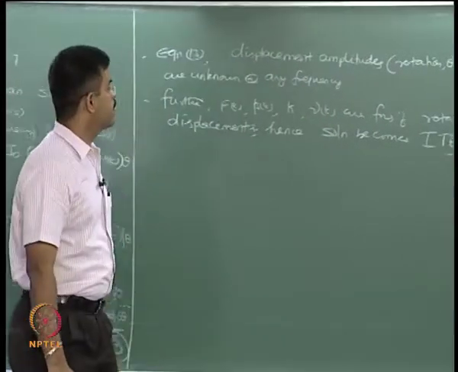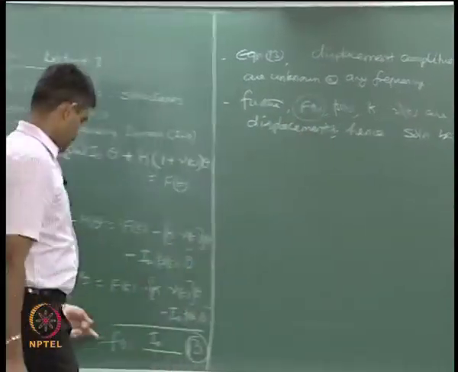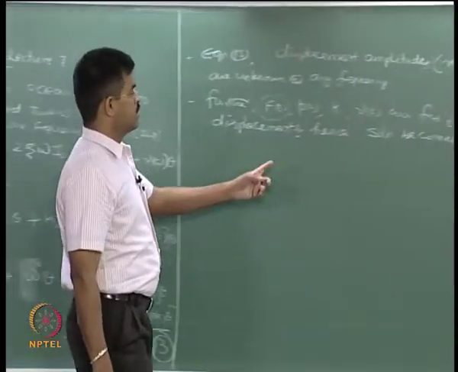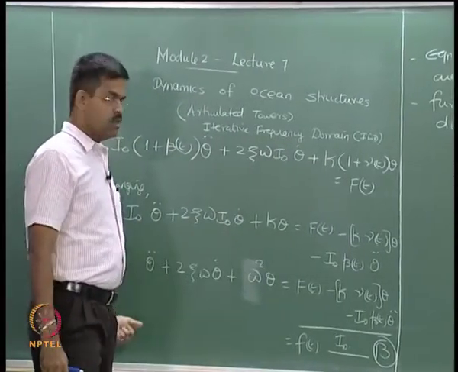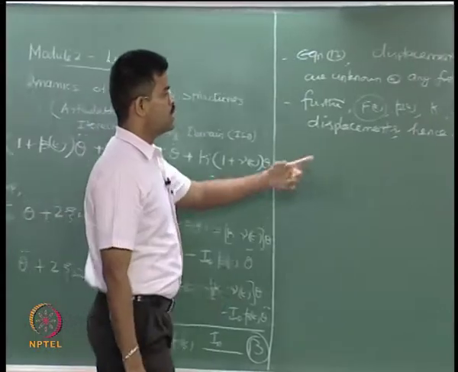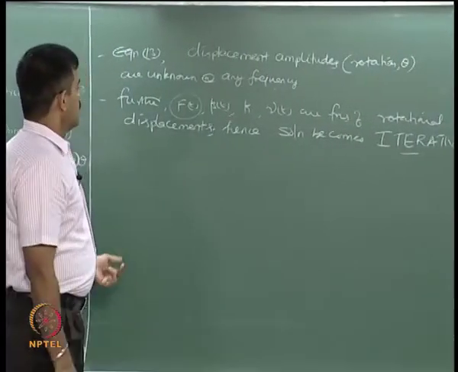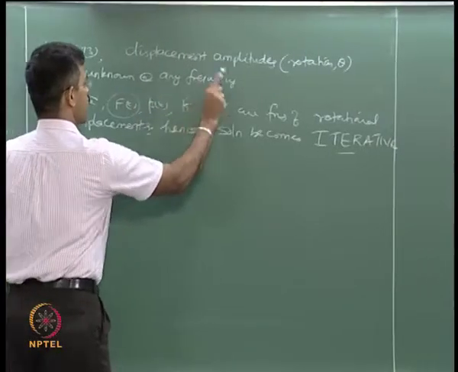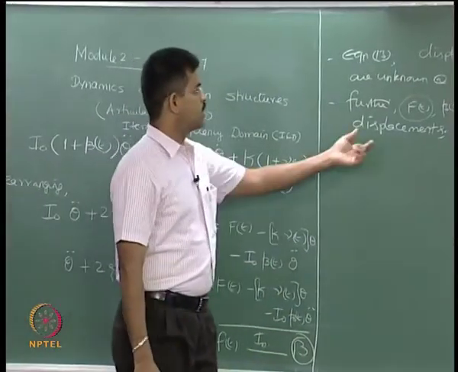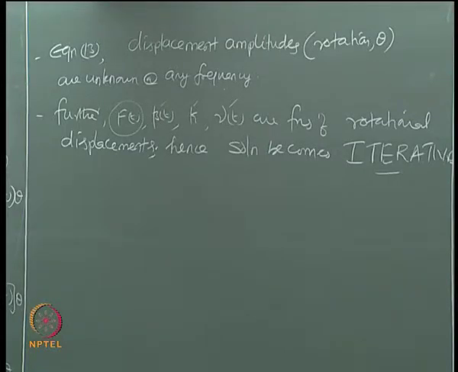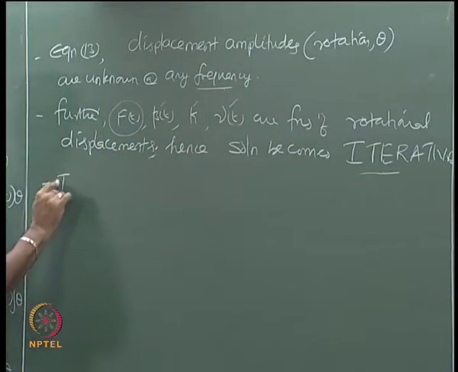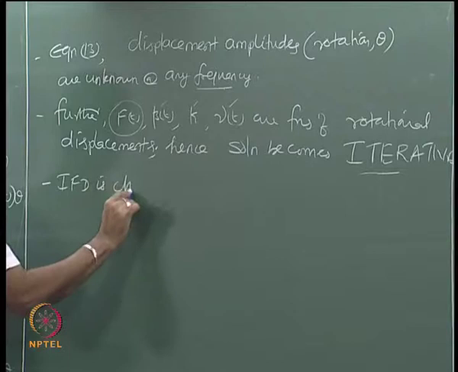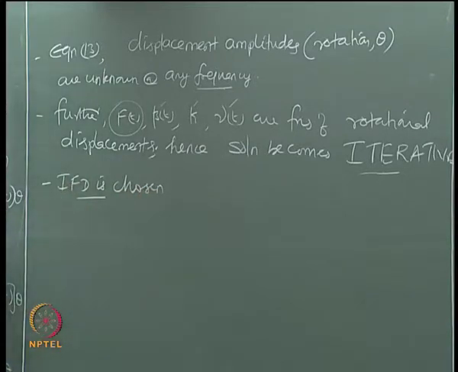Why iterative? Because the right hand side of this equation of motion, f of t, is a function of the left hand side of this equation of motion, which is displacement. So, you do not know it actually, because as long as you do not know the displacement, you will not be able to solve this equation of motion. So, we have to assume certain value and keep on iterating. In addition, all these functions, as shown in the last class, are functions of displacements which are non-linear as well. Therefore, we follow iterative frequency domain. That is the reason why we follow this procedure.